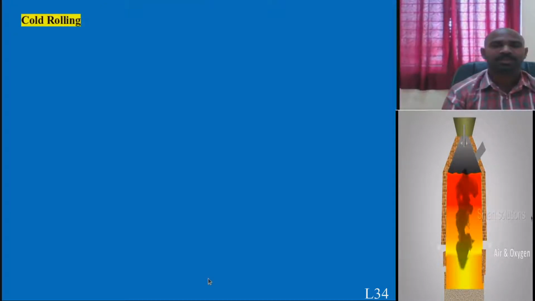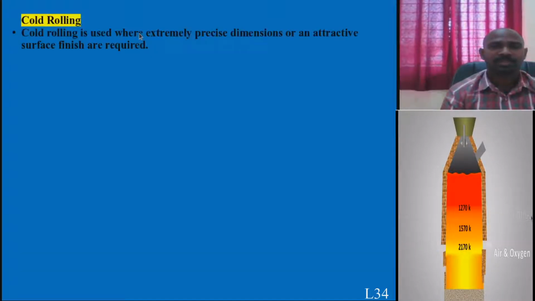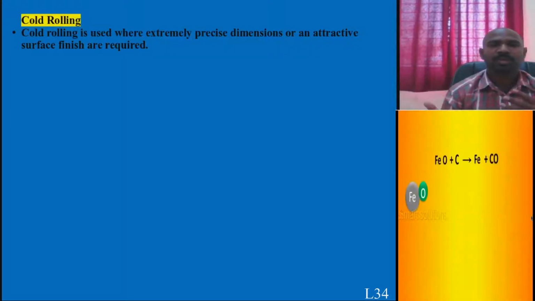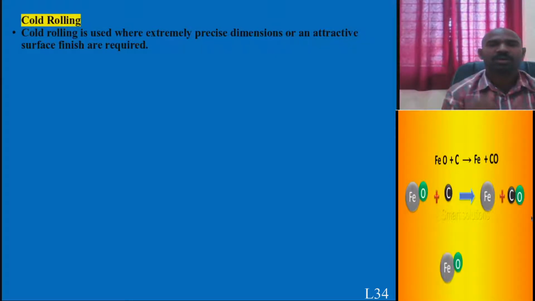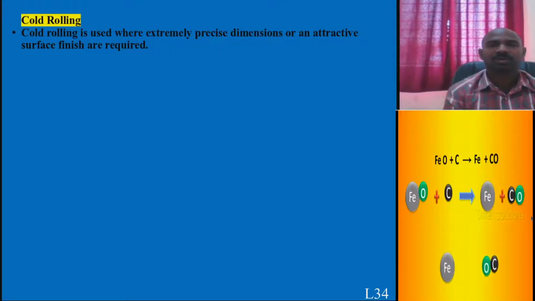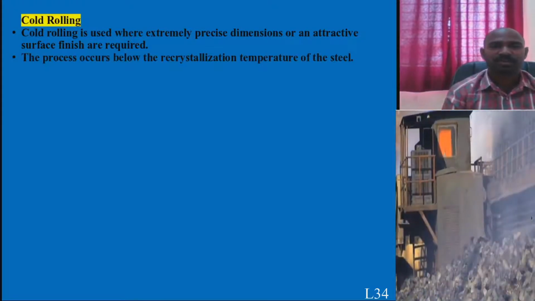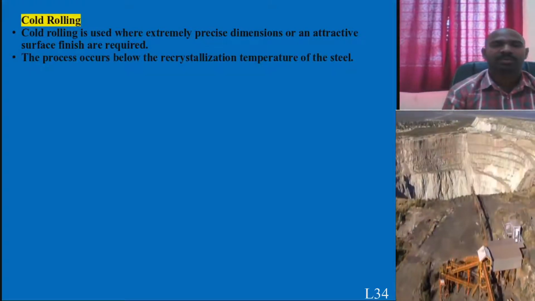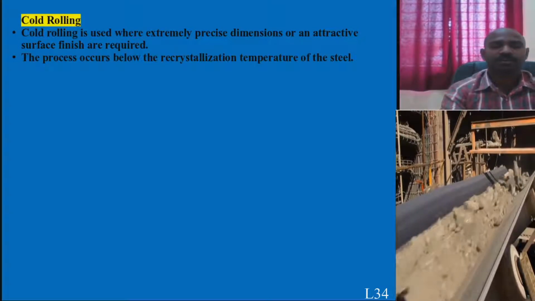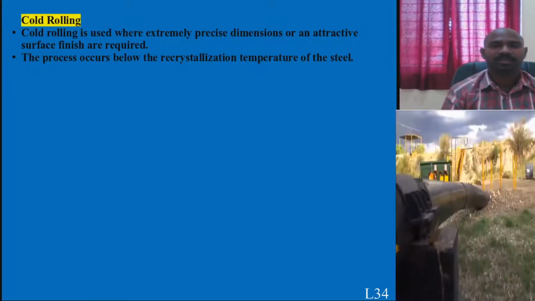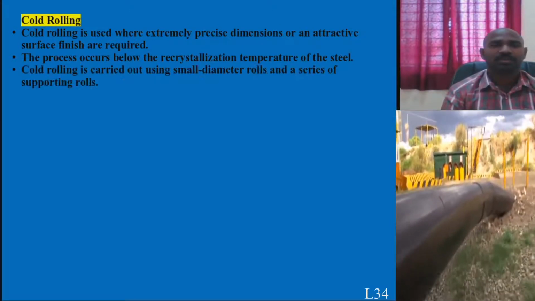And the further step is cold rolling. Why do you require cold rolling? For example, if surface finish is required good and precise dimensions are required based on the applications, then you need to choose cold rolling. Otherwise cold rolling step can be skipped. Many applications need surface finish. This particular cold rolling process is also temperature dependent. Below recrystallization temperature is chosen for the steel to operate this operation.